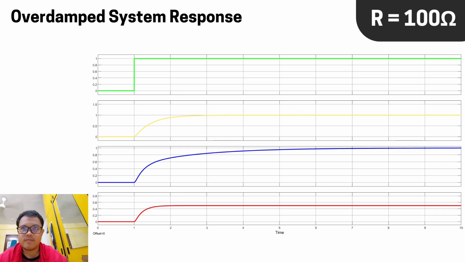An open loop will directly get the gain 1, while the closed loop will get a gain of half. And similar to before, the PID, after rising until 90%, will keep on rising until it gets the value that is intended, which is 1. So the rise time for open loop and closed loop is similar, while the rise time for the PID is